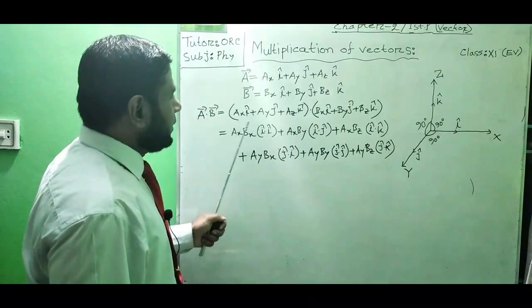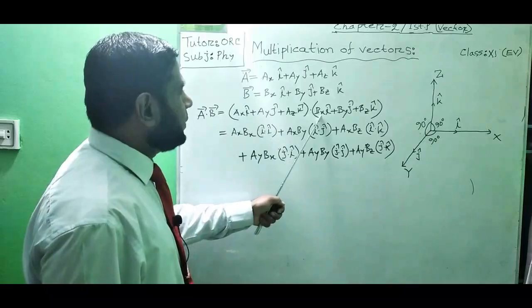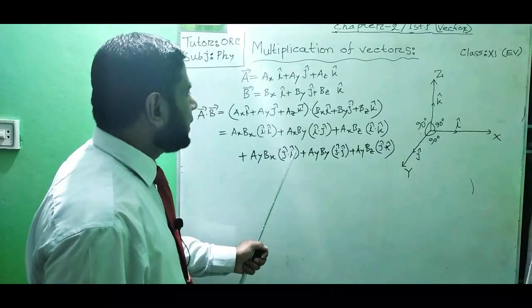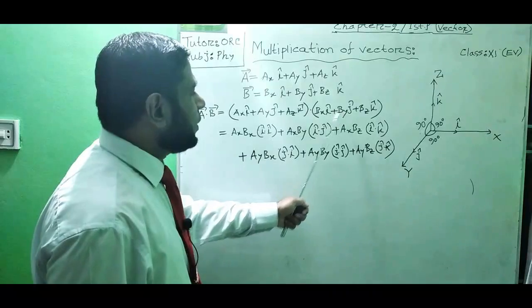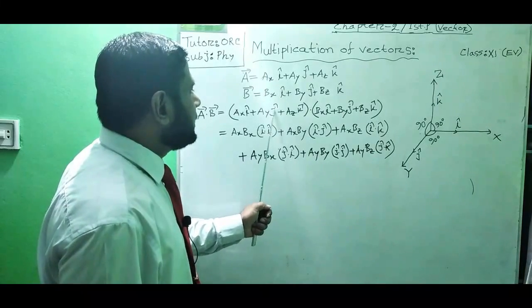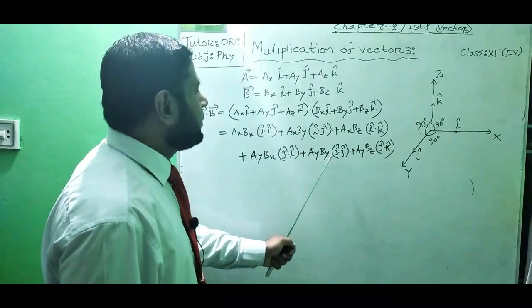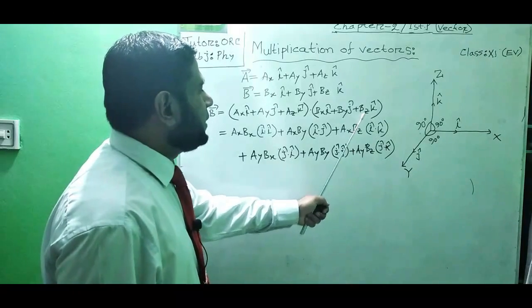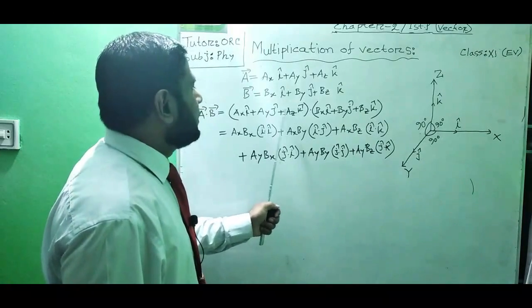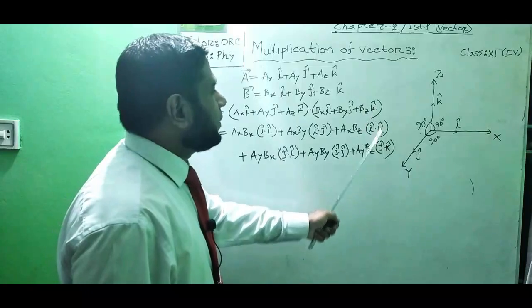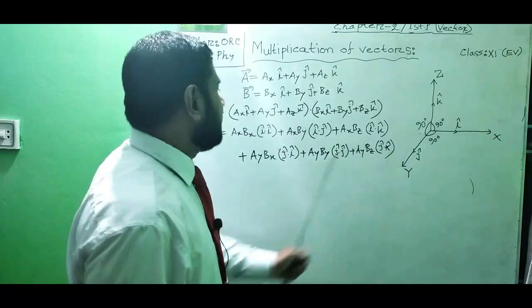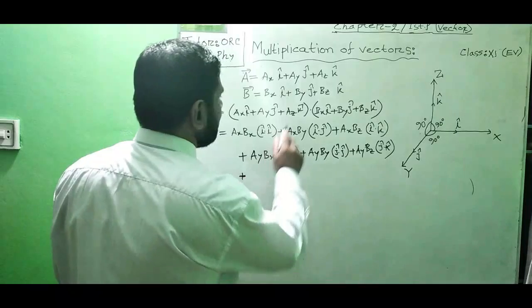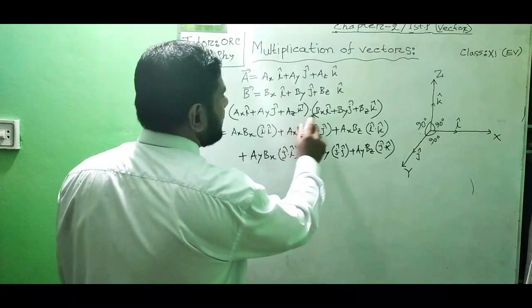So again, aᵧbₓ(ĵ·î), aᵧbᵧ(ĵ·ĵ) plus aᵧbz(ĵ·k̂). Again, last of all, here aᵤbₓ